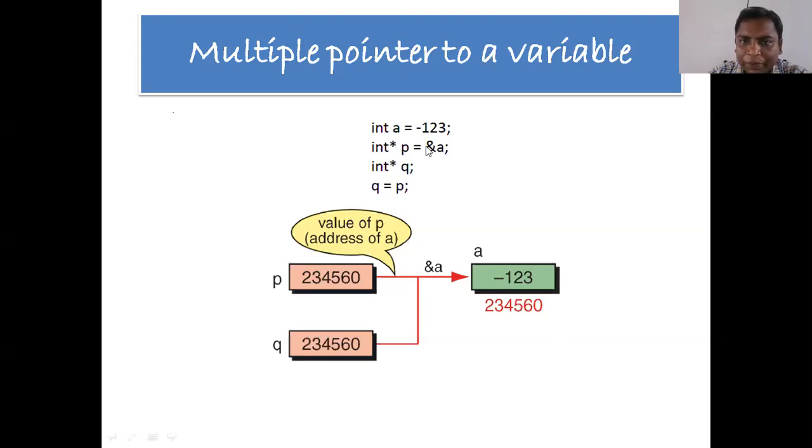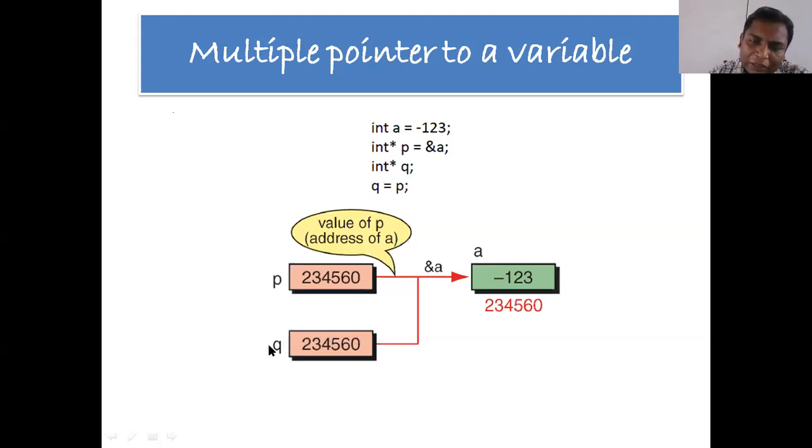At this step, ampersand a is nothing but the address of variable a, and we are assigning it to p, which means this pointer variable p will hold the address of variable a. Therefore the value of p will become 234,560. In the next expression, we are declaring a new pointer variable called q, and we are assigning p to q.